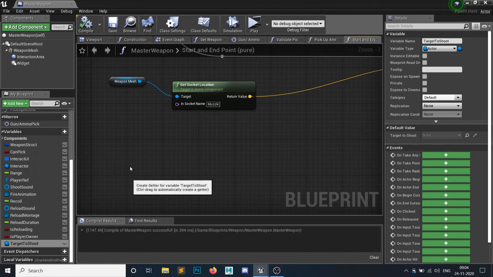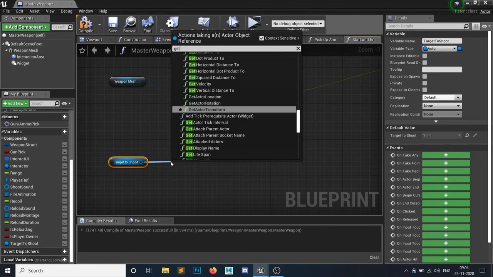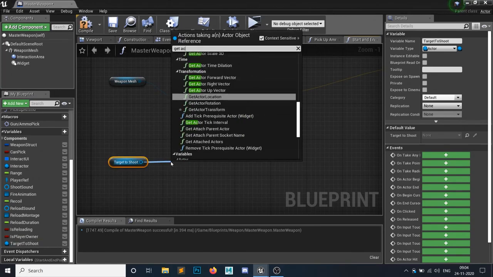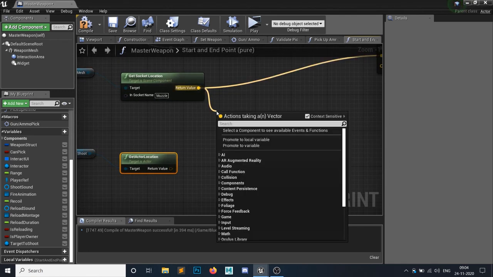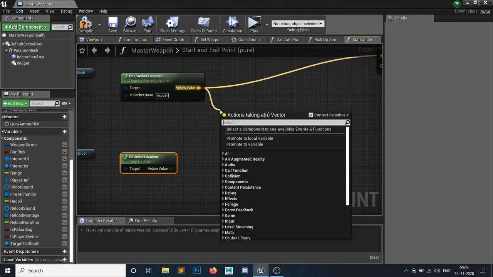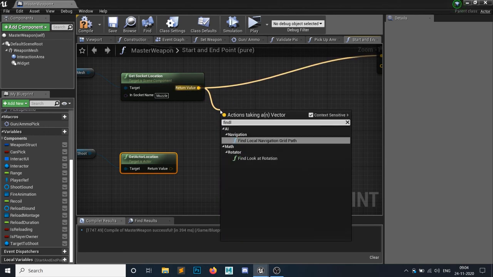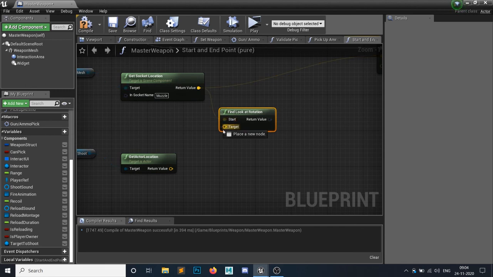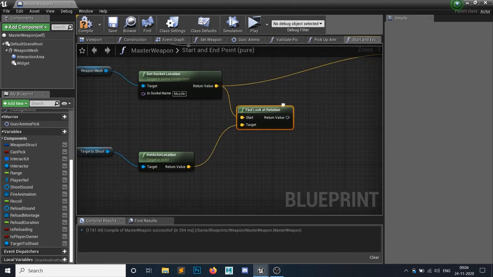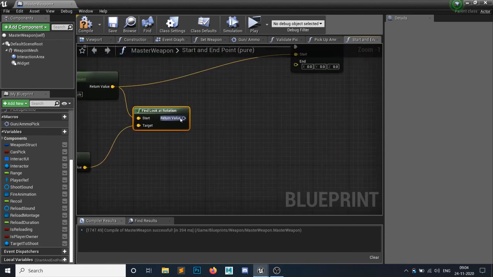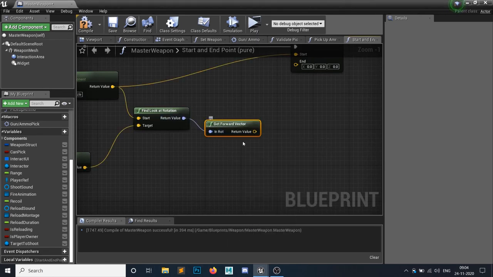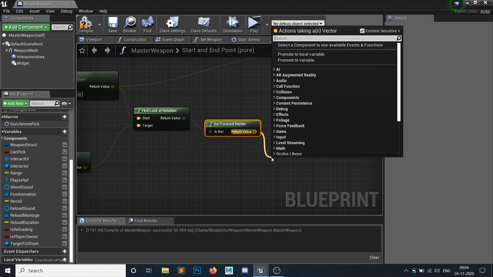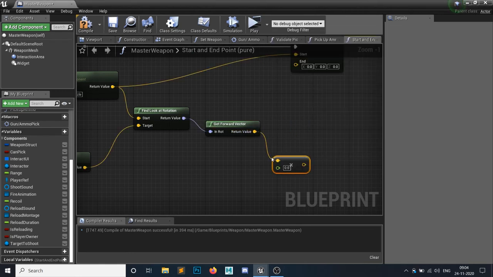So get this one and get actor location. So we have this location, and let's get a rotation from this to this, because the starting rotation would be this. So find look at rotation, to the ending location, target to shoot, and get the forward vector of it, and let's multiply this forward vector with the range of the gun.